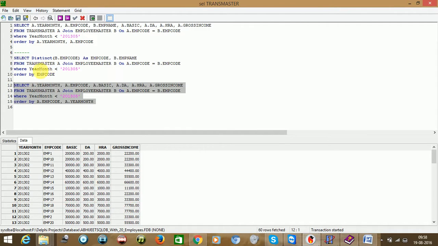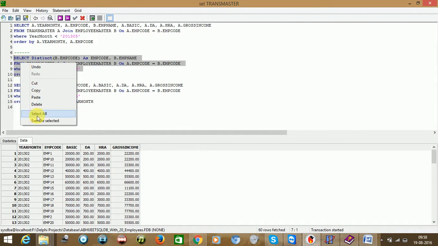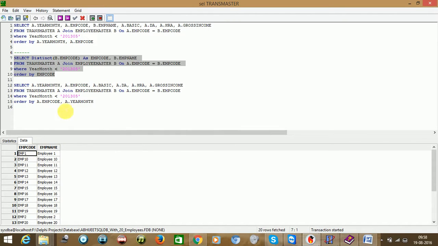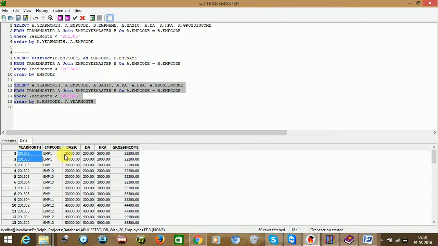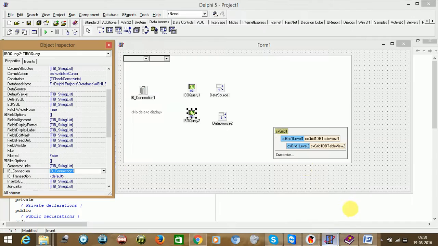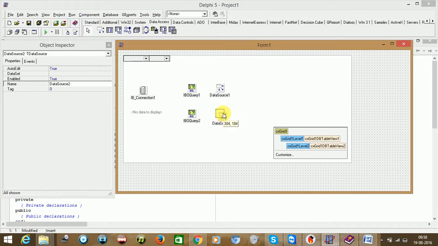In the first, we got only 2 columns, and here we would be getting 1, 2, 3, 4, 5, 6. Sorry, 6 columns. At display time, I showed you here there were only 5 columns, but it is not like that. We need to take 6 because I'll show you why.